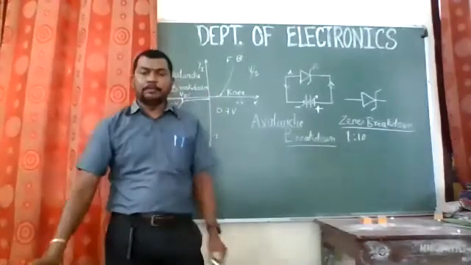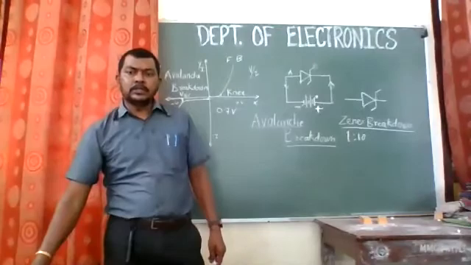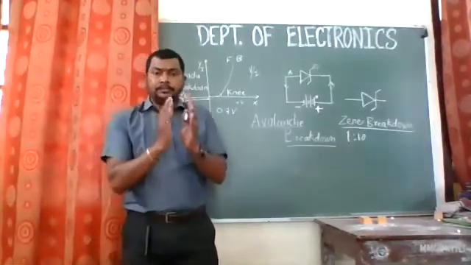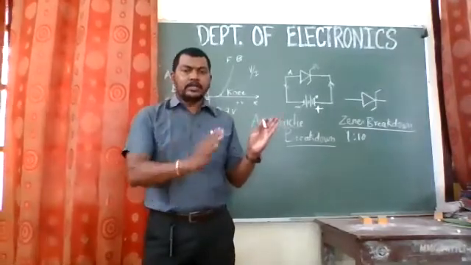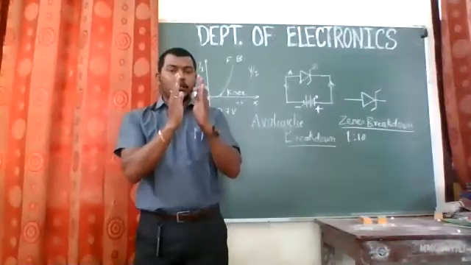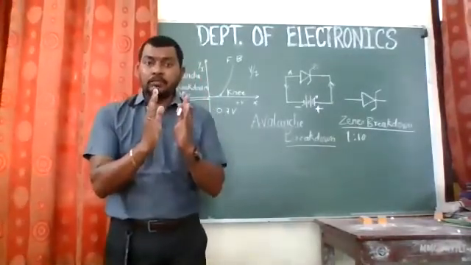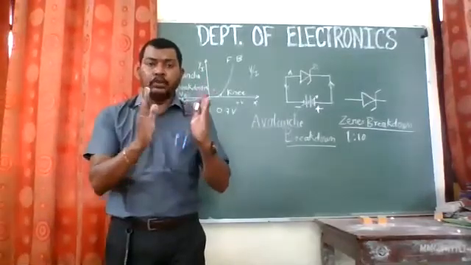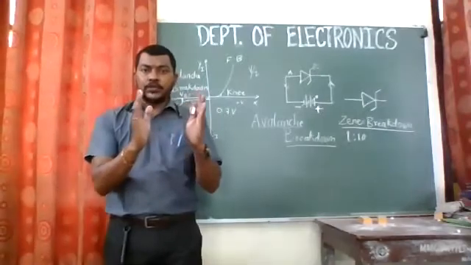The same concept will happen again. The holes are going to be attracted towards the negative polarity, and the electrons are going to be attracted towards the positive polarity. Now remember, this depletion layer is small, but the strength is high, so you can't pull much. So what happens when you increase the voltage further?